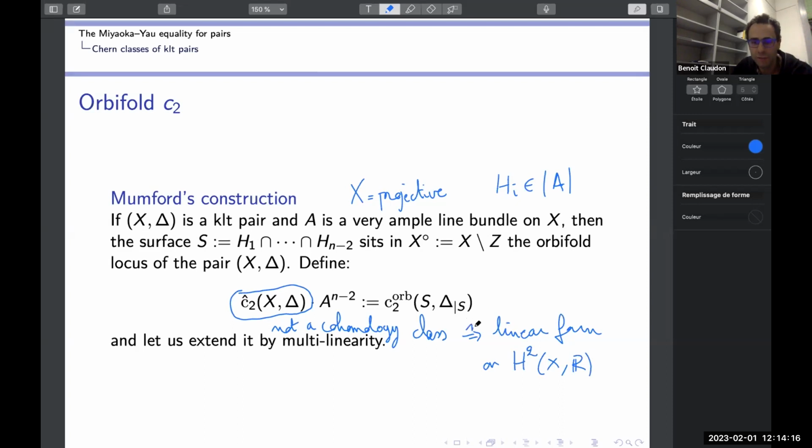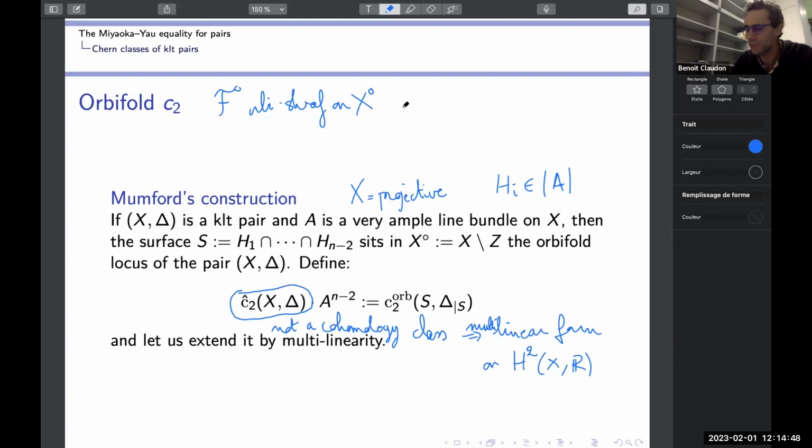A multilinear form. Okay, so this construction can also be applied for an orbisheaf. So if F naught is, let's say, an orbisheaf, defined on the orbifold locus,